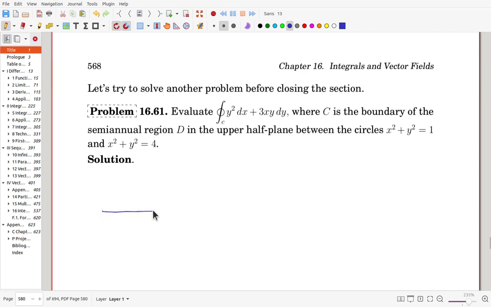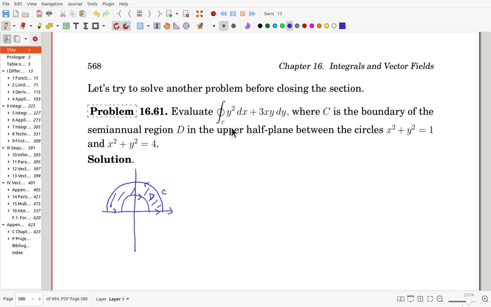Let's see the domain and curve. We have the x-axis and the y-axis, the upper half plane, and radius 1 and radius 2. This is region D, and the curve has positive direction, going this direction and then moving that direction. This is the curve, and inside is region D. We want to evaluate that one. Now we can use